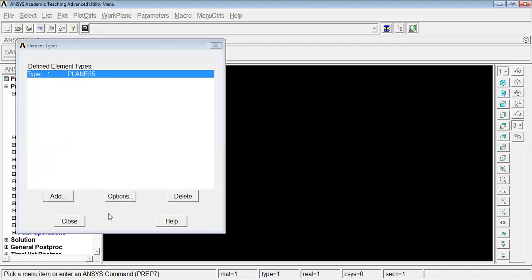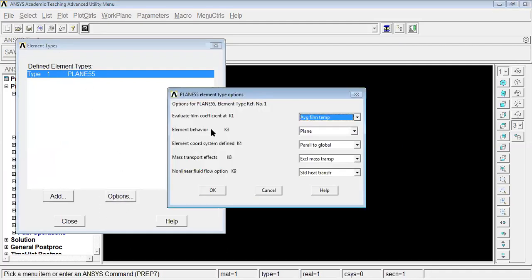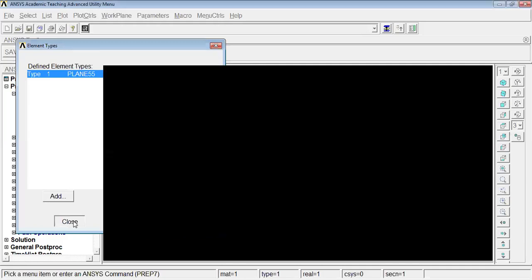After defining this, or before defining this also, you can choose options. The element behavior K3 is not a plane element, but plane with the thickness we have of 0.01 meter. So I will choose K3 as plane thickness, say OK and close.